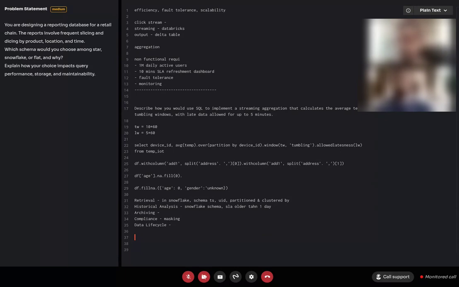Okay. So you can just pick whatever database, whatever schema you would want to implement, whether it's Snowflake or flat, and then we can start discussing on that. If you're picking star, maybe you can showcase why it is ideal, why you have chosen it, and why not Snowflake. Similarly, if you are choosing Snowflake, then why not star, and what's the benefit for Snowflake, and why not flat? And maybe if you are picking flat, then why not star and Snowflake?